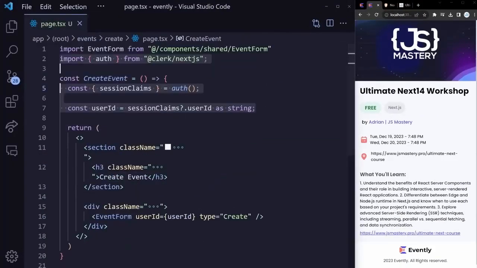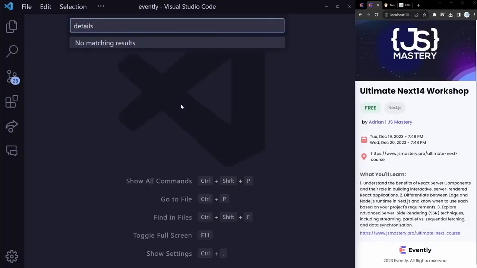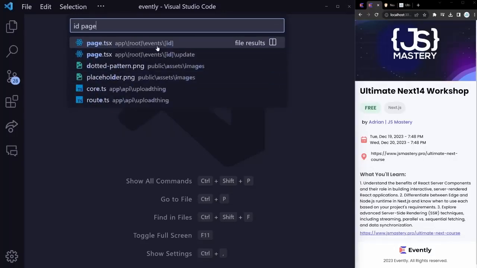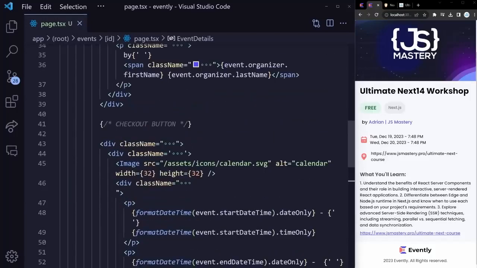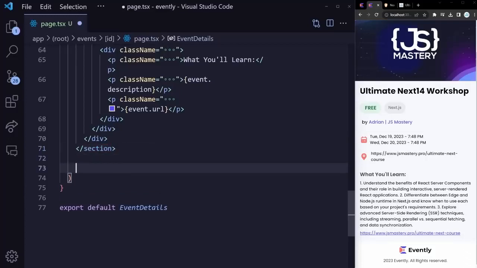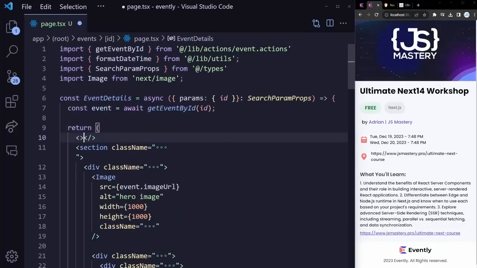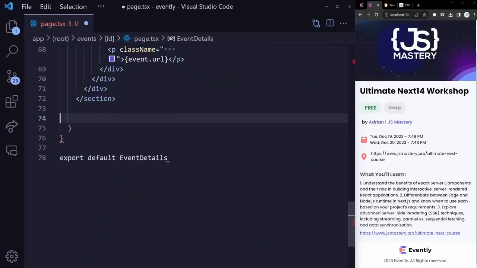We can close all of the files we have currently open, and we can go to the details page, which is going to be under ID. So that's specifically events ID. And remember, somewhere here at the bottom, we have specified that we have to add the recommended events. That's right here below the section. That means that we have to wrap the entire thing in a React fragment. So let's wrap it. And let's also close it properly at the end